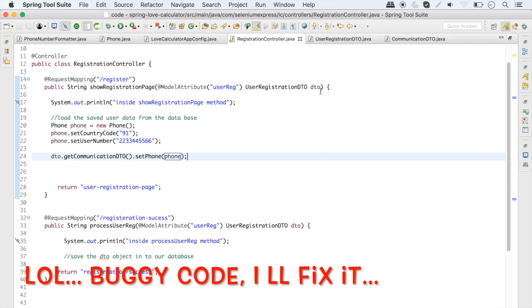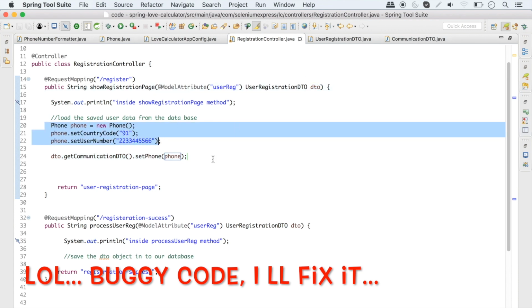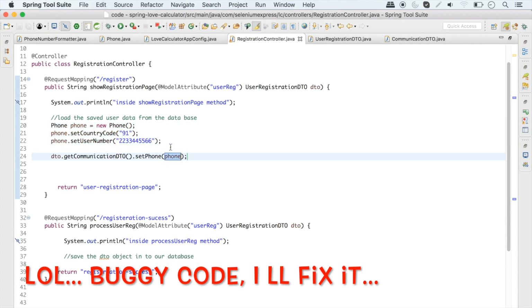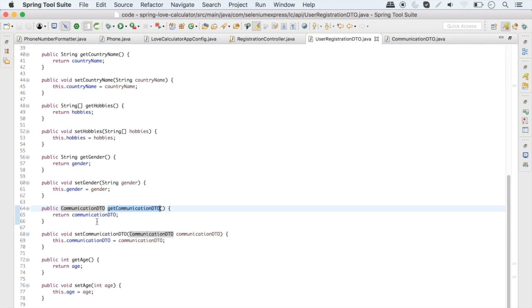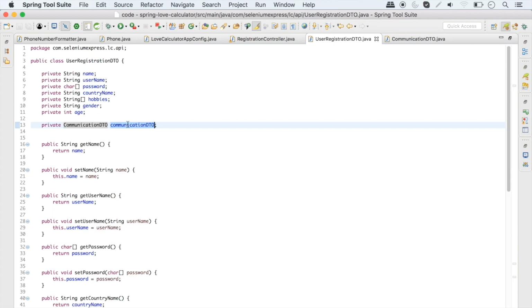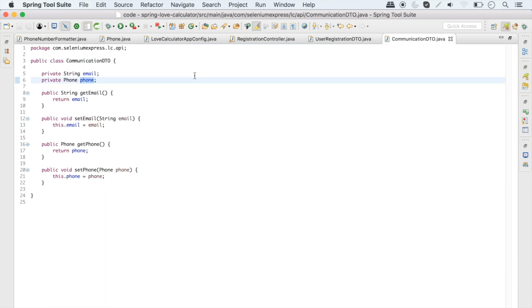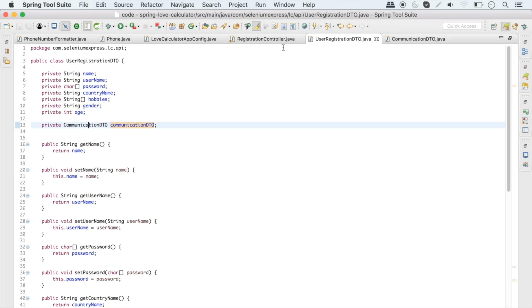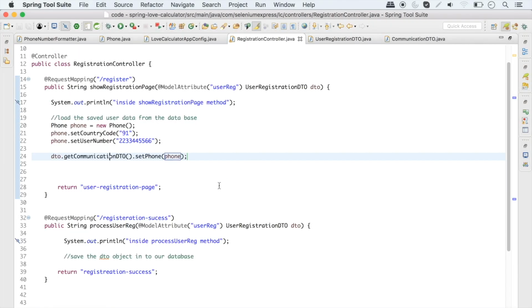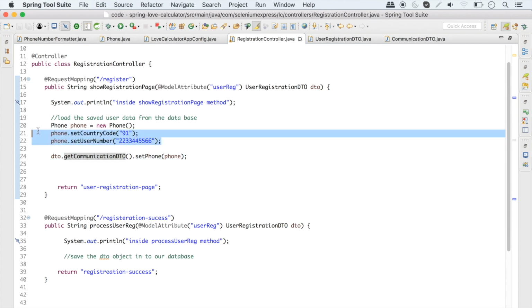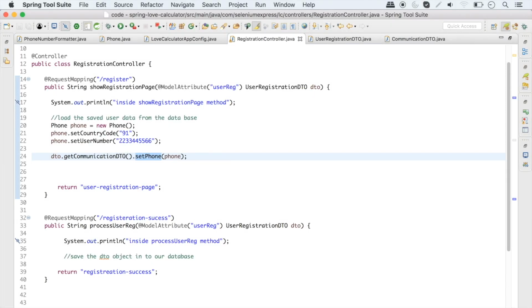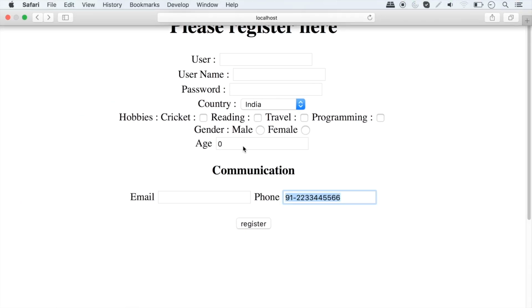Obviously the phone inside the DTO was null previously, so I have manually created a phone object and set it to the communication DTO's phone property. I'm setting this phone manually right now, but you can imagine that this happened through a database operation, and we fetched it from the database and then set it to our DTO object. Now let's test whether we get this number whenever our page loads